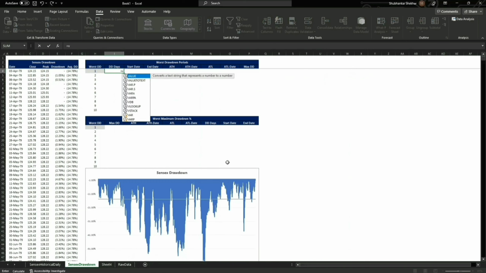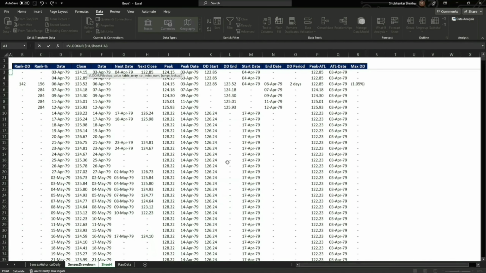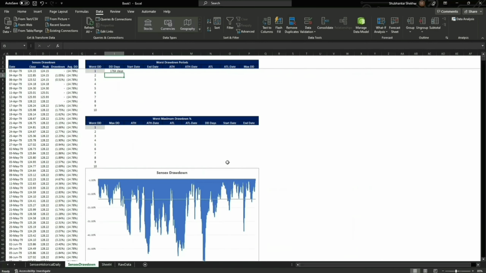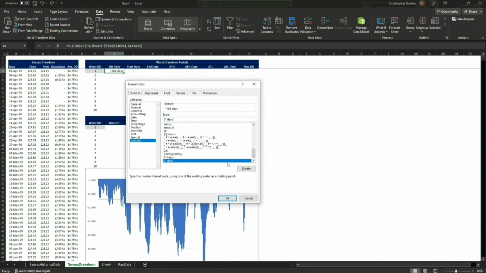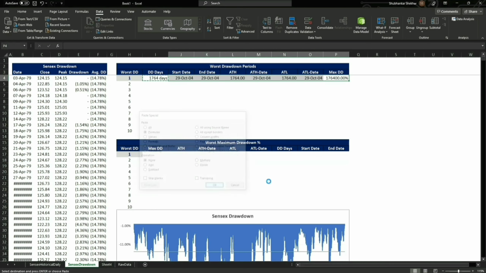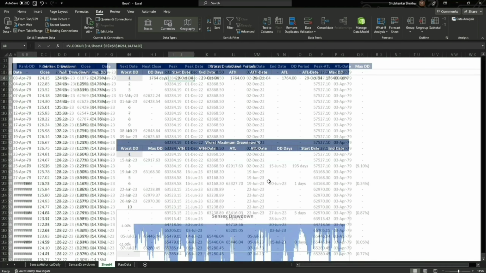So now that we have finalized our lookup sheet, now we can pull the data from there. We are going to use VLOOKUP. This we are going to partially anchor, and here we are going to select this whole table. We are first calculating the drawdown period, column 14, right? So 14, exact match, and enter, right? So this is the formatting for the cell. Let me just zoom in a bit, right? So I'm going to copy the formula from here and paste it here, right?